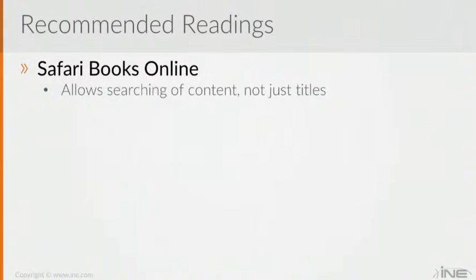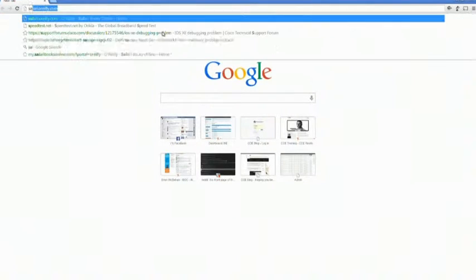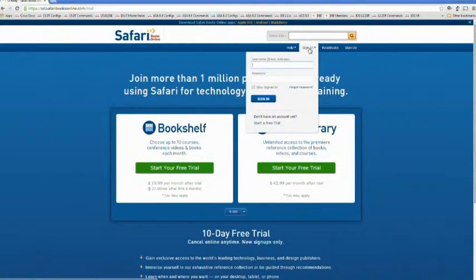Now, in terms of recommended readings, and I say this every time I talk about this, I swear that I do not work for Safari Books Online. But I would highly recommend that you get a subscription to this. If you haven't seen the Safari Online website before, it's essentially the publisher of Cisco Press. This is their ebook site. So if you go to safari.oreilly.com, or I think it goes to mysafaribooksonline.com, and if you look at just the price of getting a subscription here versus what any of these books cost